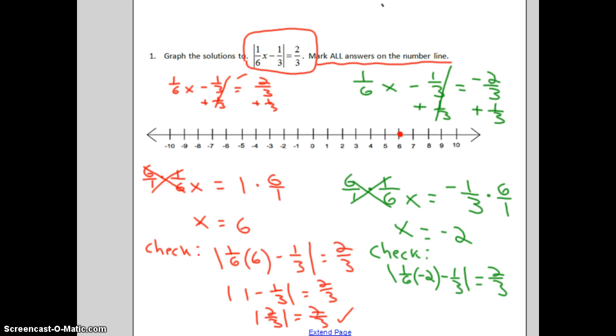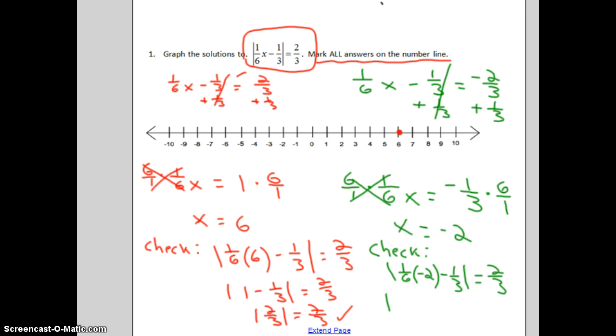Okay? So 1/6 times -2 is -1/3. So now we have the absolute value of -1/3 minus 1/3